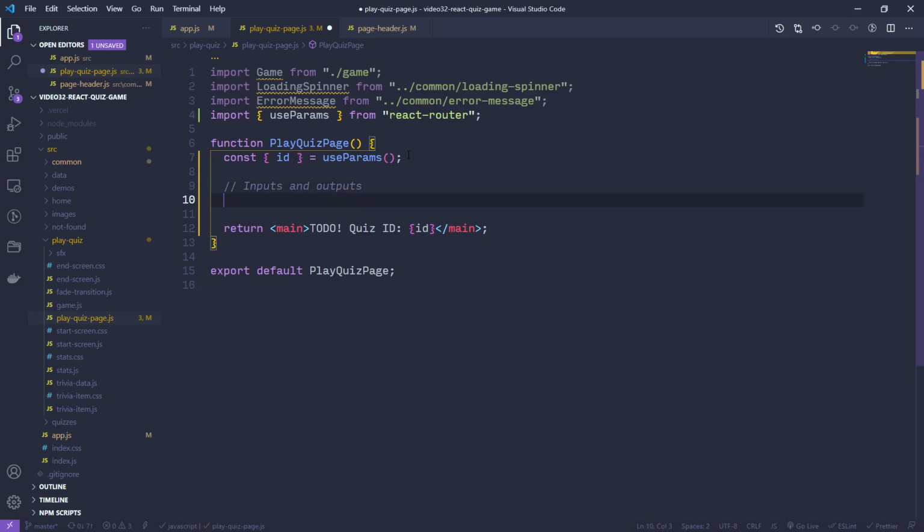So when I'm thinking about hooks, I want to think about the inputs and the outputs. So what do I need to give to the hook so that it works? And what do I want back from the hook so that I can build my rendering logic here? So let's say that the hook is going to be called useQuizOnce. So what I want to pass into it is the ID, so the ID of the quiz document. And then what I want back from the hook